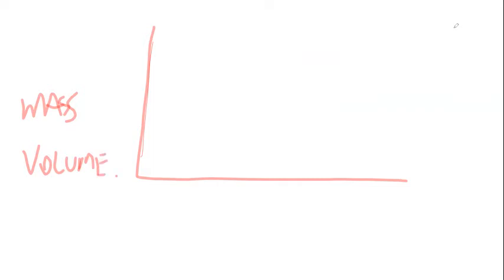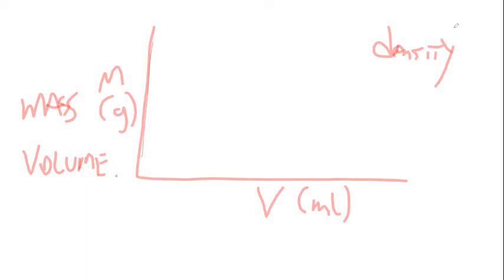And I want to get density. Volume would be X and mass would be Y. Okay, so we put volume here and mass here. So this would be mils and this would be grams. So then when I get my plot,